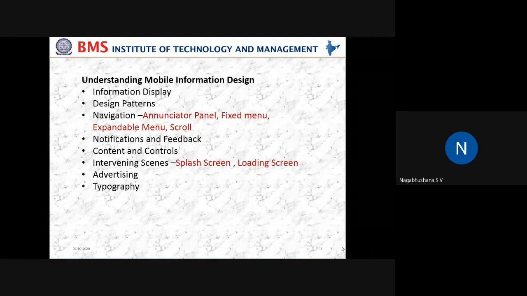It can also be a notification from your educational institution. Maybe when you are viewing some online content, your friend might send you a message. That is a notification, or you might get a message from WhatsApp. That is also a notification.